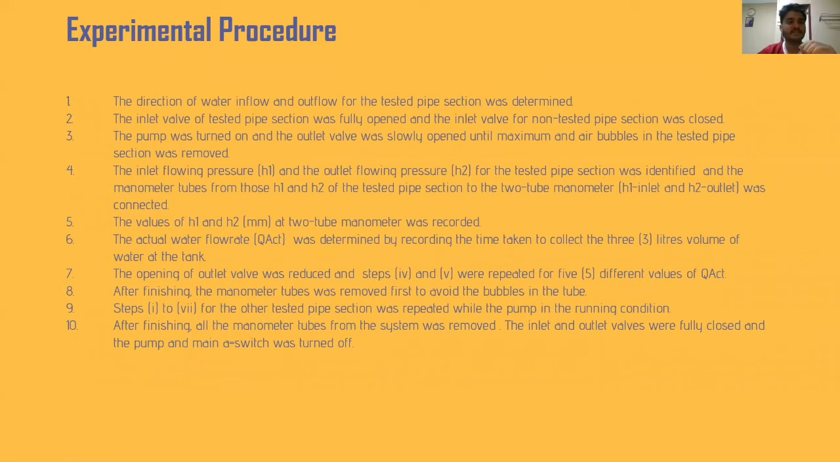Secondly, the inlet valve of the tested pipe section was fully opened and the inlet valve for the non-tested pipe was closed. The pump was turned on and the outlet valve was slowly opened until the maximum and the water bubbles in the tested pipe section were removed. The water bubbles in the tested pipe should be removed in order to get the correct height. The inlet flowing pressure H1 and the outlet flowing pressure H2 for the tested pipe section were determined and the